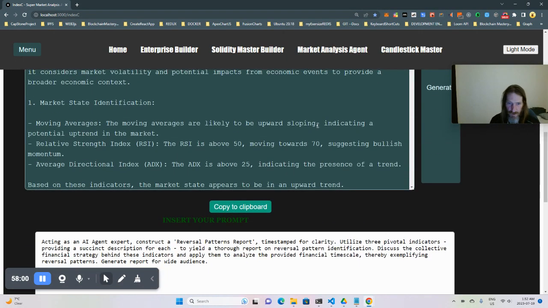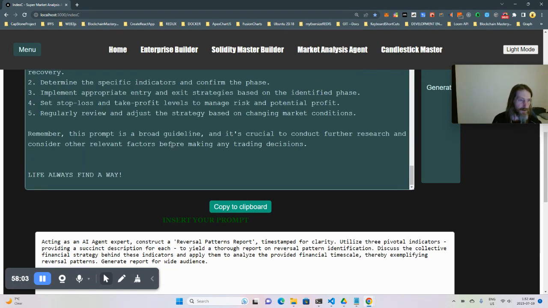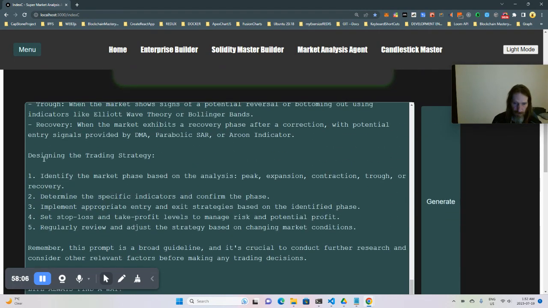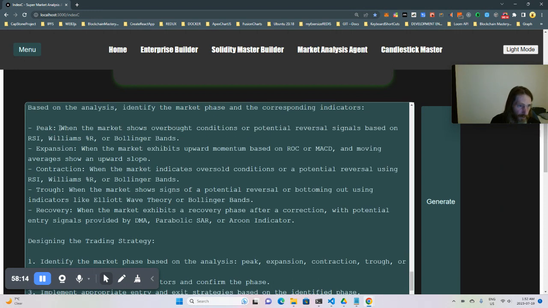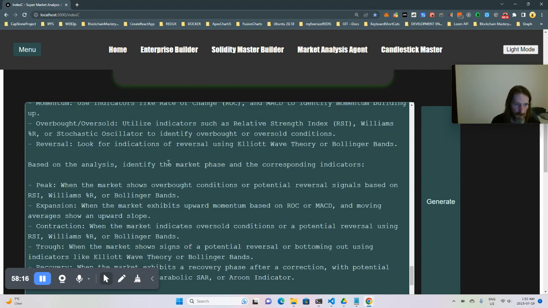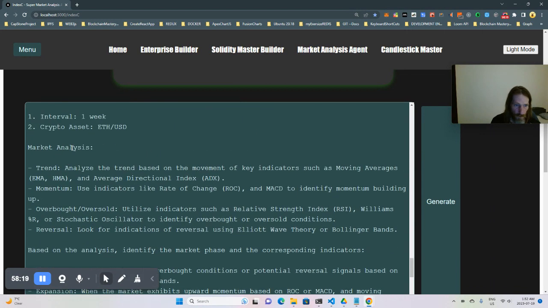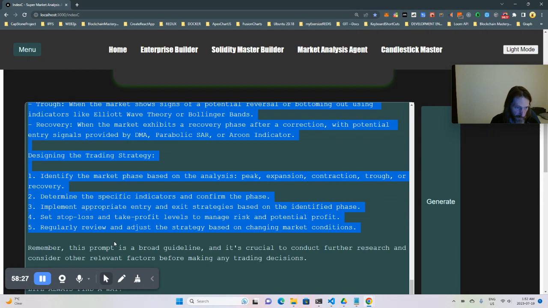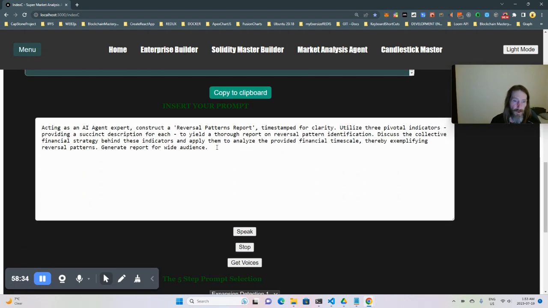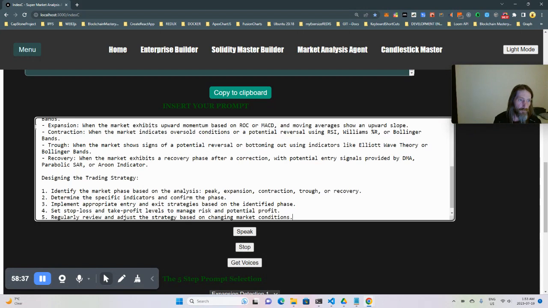So what I'm going to do is take this last piece here. Just the fact that I saw that it had the Elliott wave here, based on the market. Okay, the prompt starts here, so I'm going to take all that. How big is it? Remember the guidelines. Okay, so I'll copy that, paste that there,